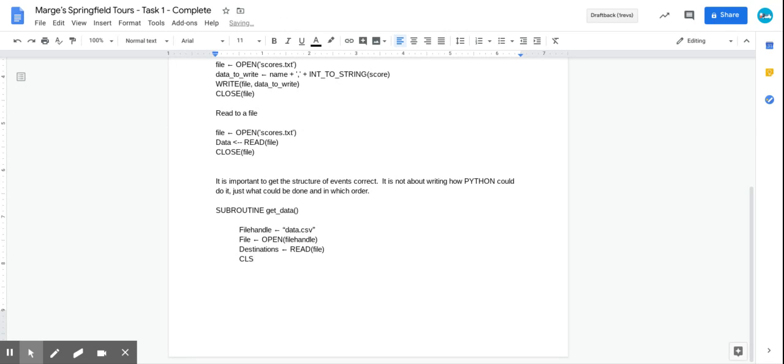At the end, it's always good practice. We need to close the file. In Python, if you're using the with method, then you don't need to close it. It will close it for you. Okay, so once we've done that, we've got this data, and let's return that data to the main program. So let's just return